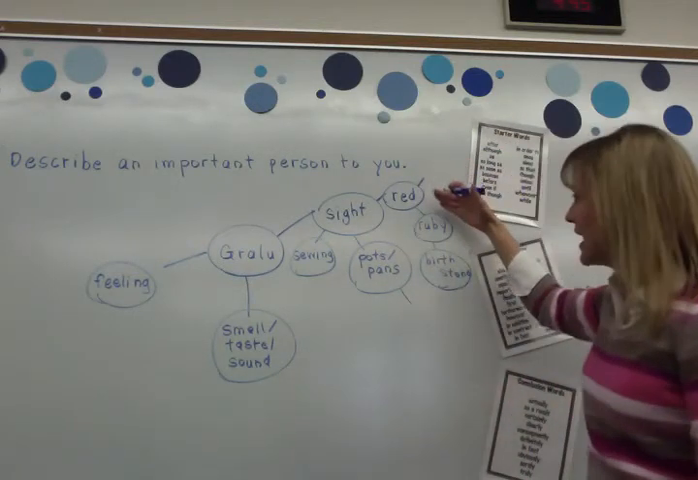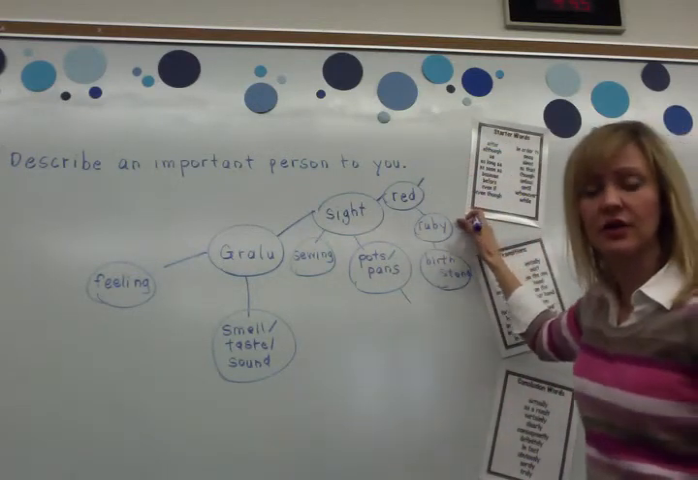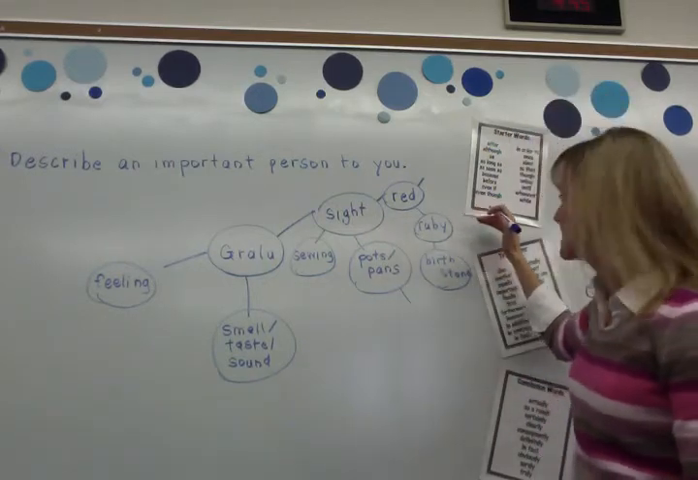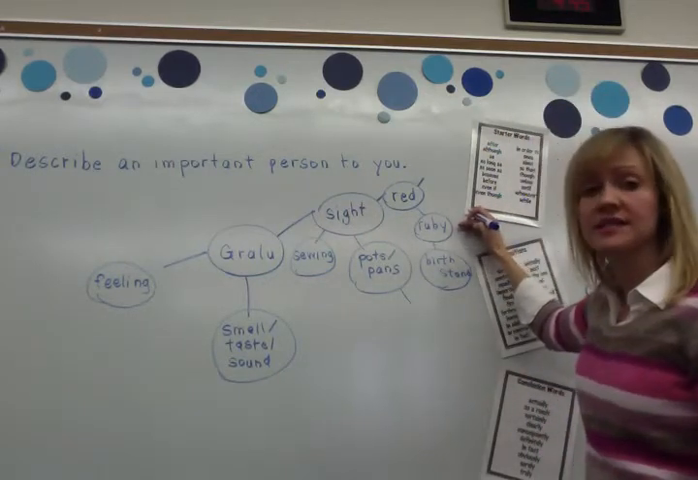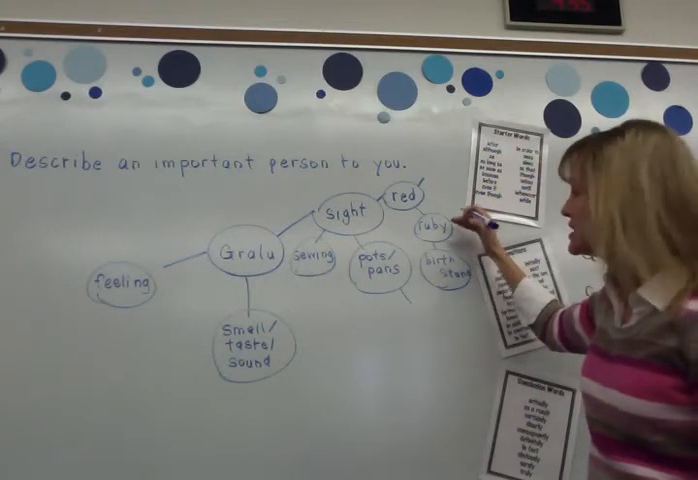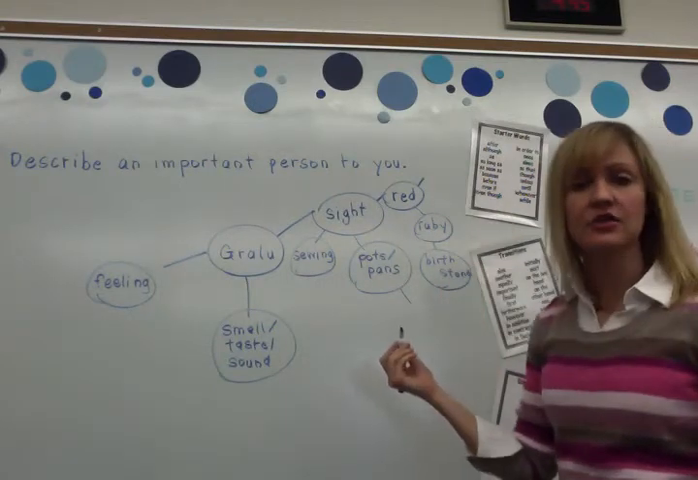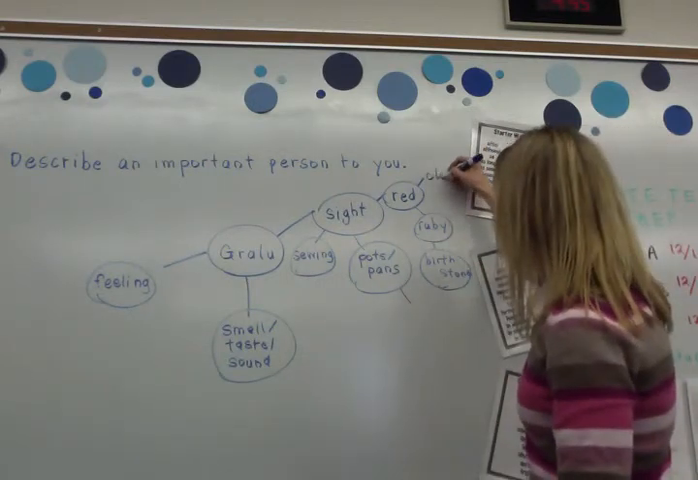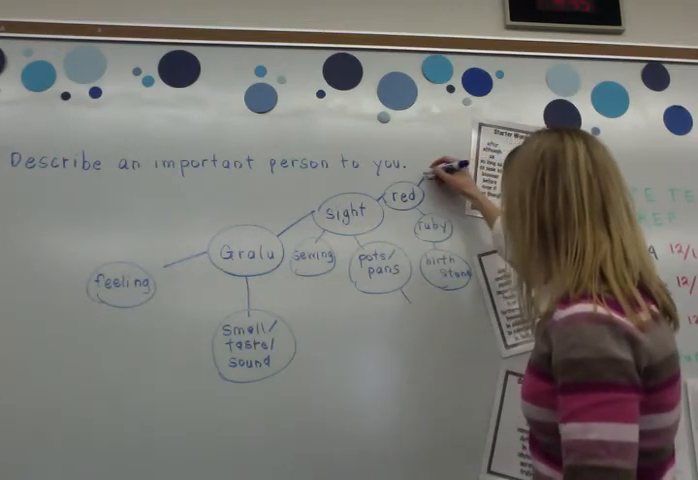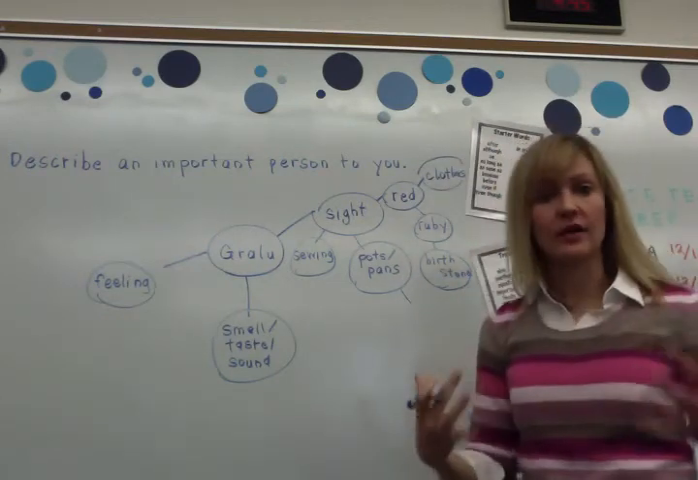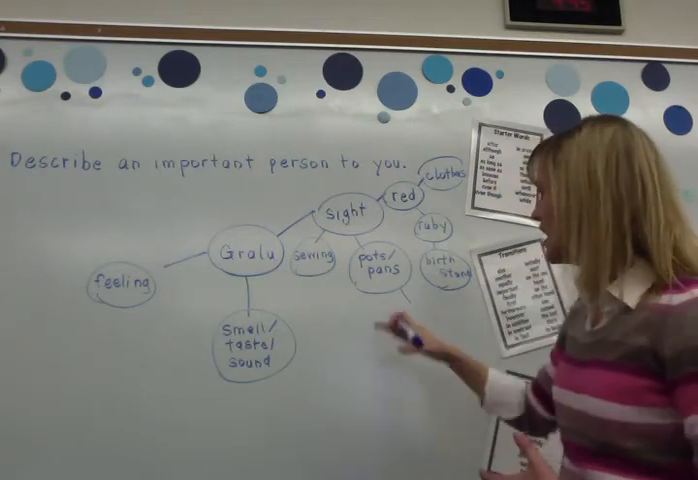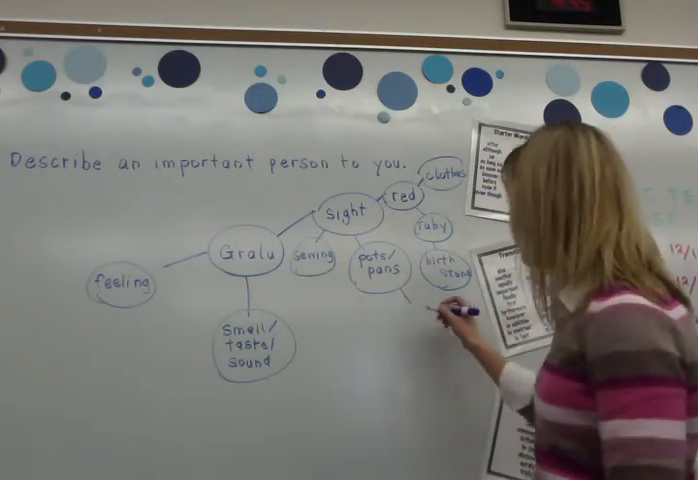So for instance, for red, I included the actual color ruby because that is one of the reasons that she enjoys red, because ruby is her birthstone. I might include clothes because she likes to wear a lot of red clothing and things like that. For pots and pans, I might include